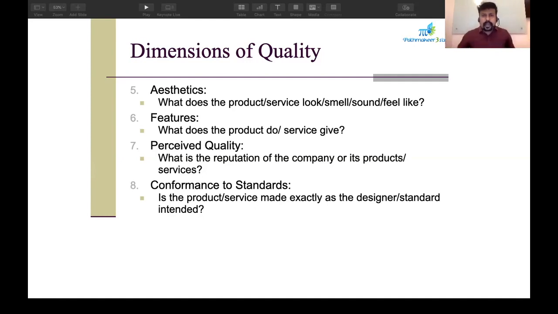So it is not possible that you will get every dimension of quality in a particular product. But when you are developing a product or a service, you should make sure that you are meeting maximum dimensions of quality. Okay, so how do we get these dimensions of quality? Only based on the experience. That is why I gave you that exercise, the hotel exercise and the product exercise. Based on your experience, you are giving some kind of inputs about quality of a particular service or product. Fine.